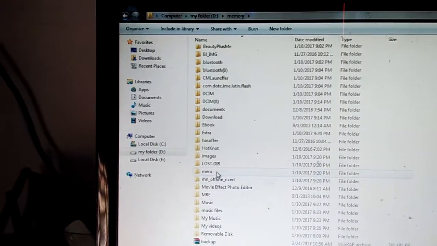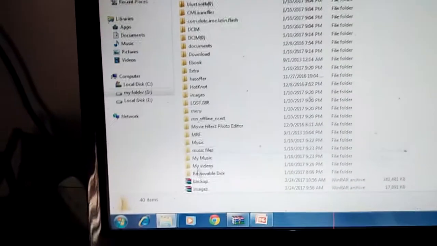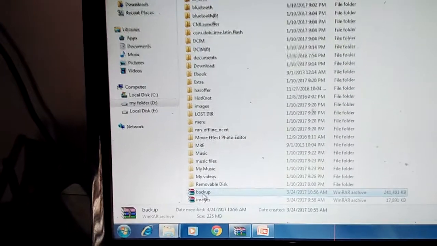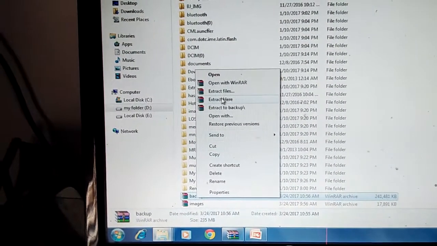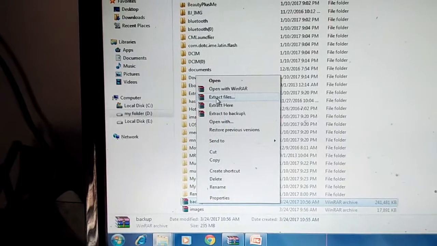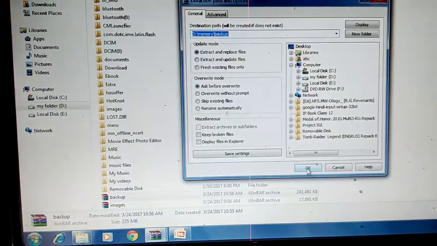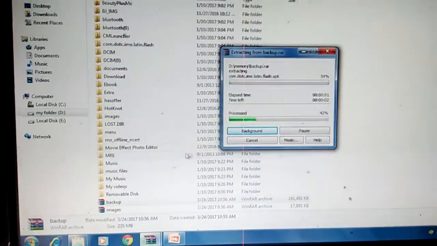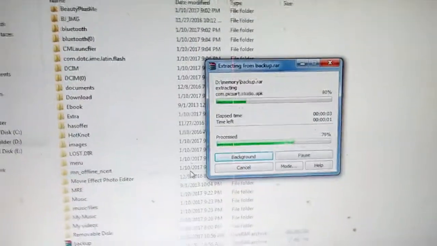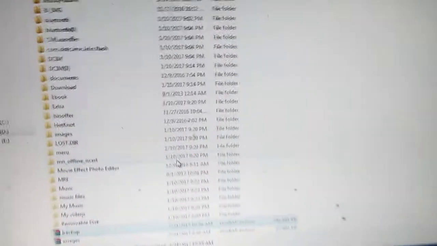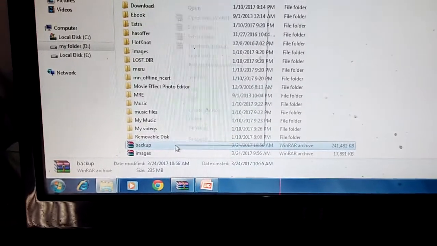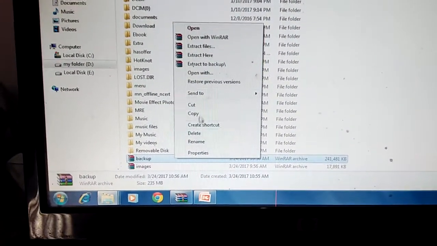In memory, we open the backup which we have created. Then we will stack here. If we stack the file, press OK. Then the process will start running. It will be extracted. Then we have to click on it.